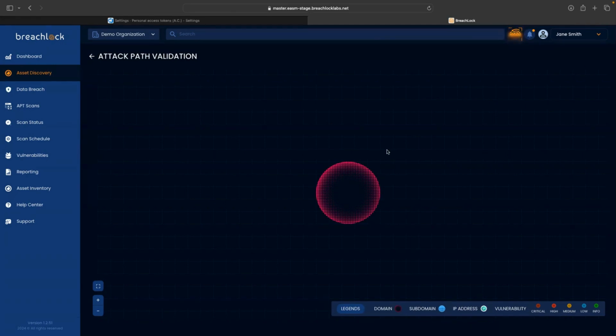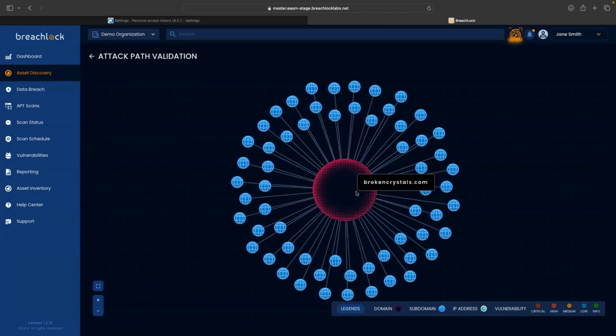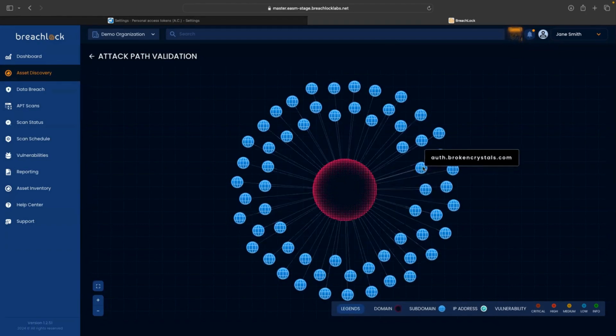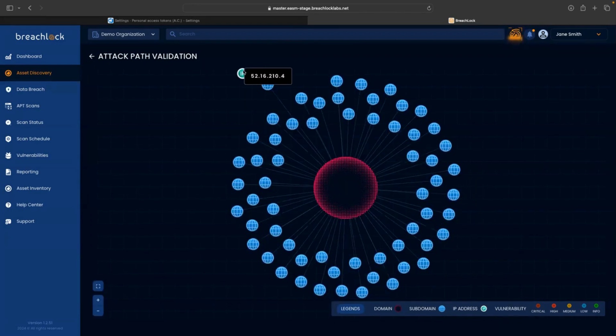the domain. This immediately takes you into a visualization that shows assets noted in the legend below. The red circle represents domains. The domain is shown as the core node on the attack path view. Clicking on the domain opens all the discovered subdomains, and the user can then view the IP addresses associated with any subdomain. So if you just hover over the subdomains, let's click on this one, you can see the IP